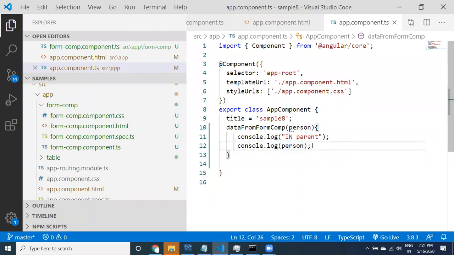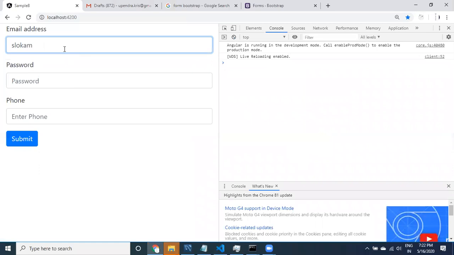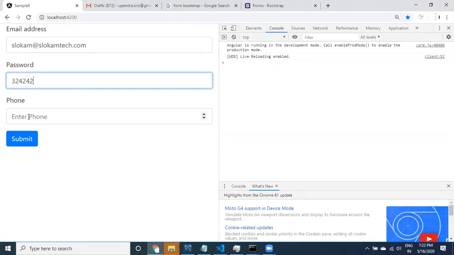Now the data which is printing after the statement, this is the statement in parent, has reached the app component from the child component, that is the form component. All right, guys, until now. See here, now I'm going to provide something, slocumtech.com, and then the password something like this.